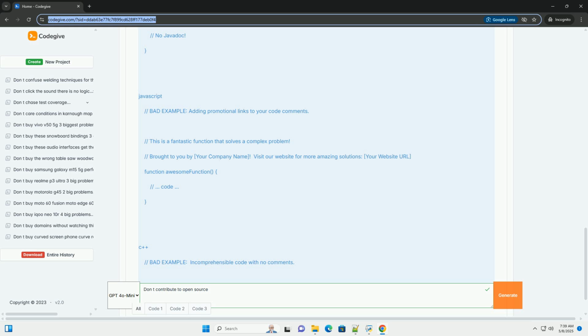In conclusion, avoiding contributing to open source in the above situations isn't about being lazy or unhelpful. It's about being responsible, ethical, and respectful of the open source community. By recognizing these pitfalls and taking steps to avoid them, you can ensure that your contributions are valuable, well received,